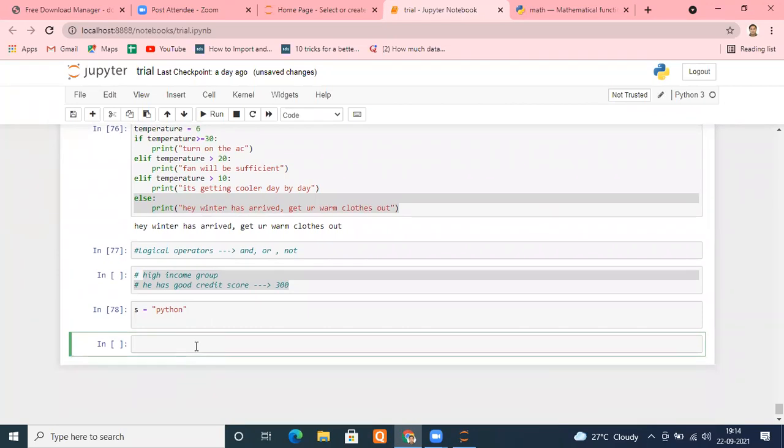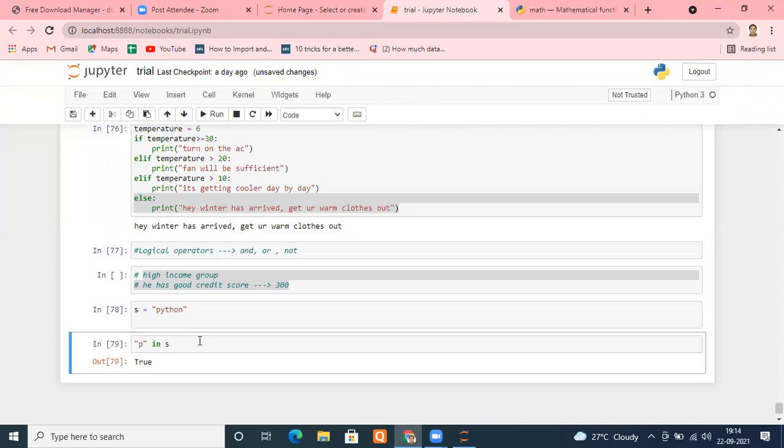And I type P in S. Understand, see what I'm typing? P in S. Let me run this. Can you see what I'm getting? I just checked whether the alphabet P that I'm asking about is available in that string or not.